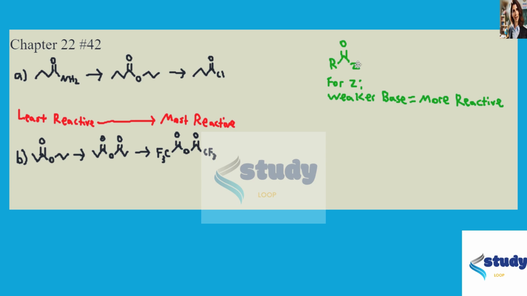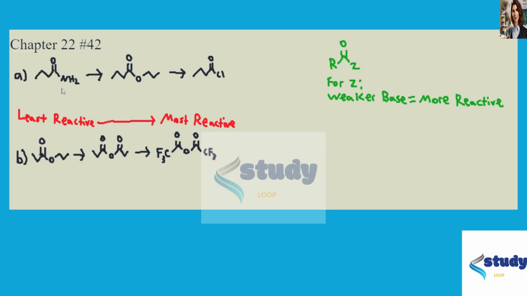for this template for carboxylic acid derivatives, the weaker a base the Z group is, the more reactive the molecule is going to be. And so you can look at each of these molecules, look at their Z groups, and then rank them from strongest base to weakest base, and that will be ranking them from least reactive to most